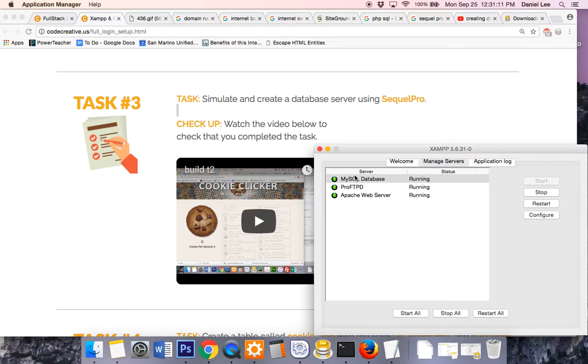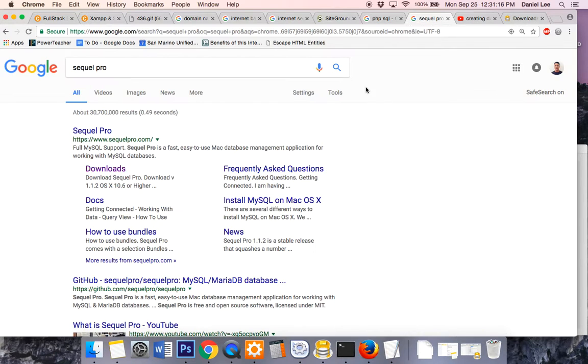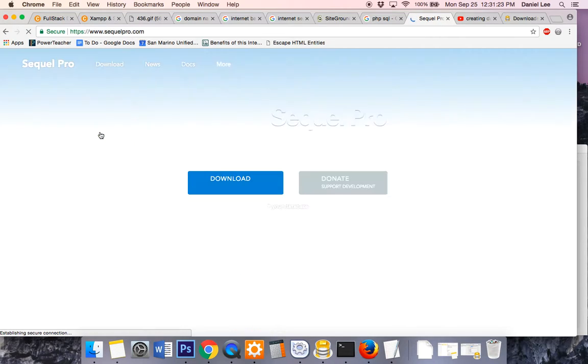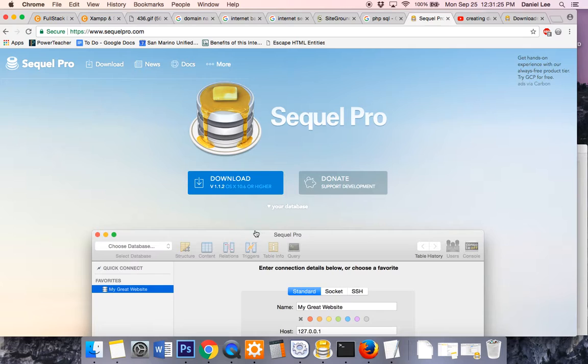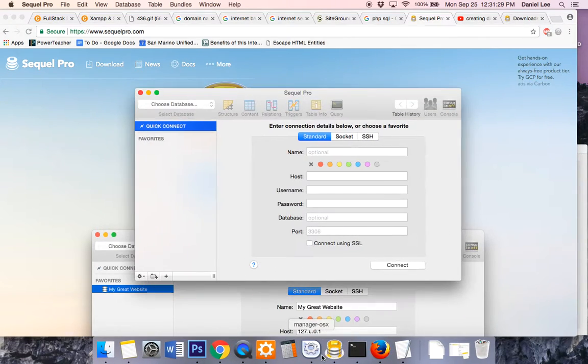SQL server to interact with. And so to do that, we're going to use a program called SQL Pro. So you come in here, Google, type in SQL Pro, download. It's a pretty easy download. You'll just come here and click on this, install it, and when you open it up, it will look like